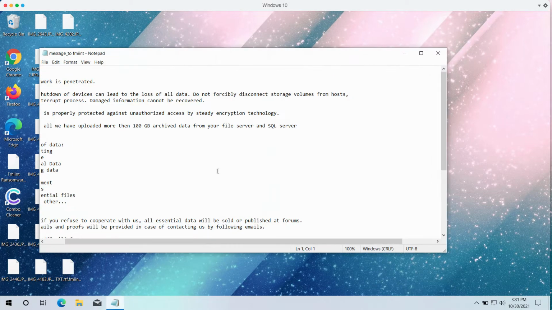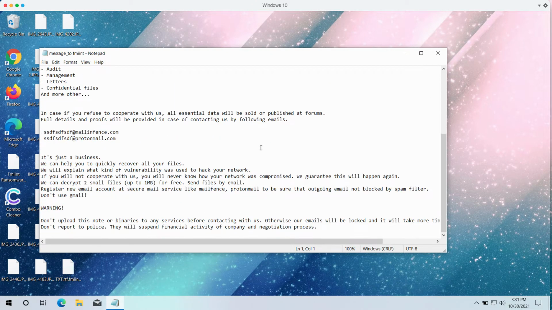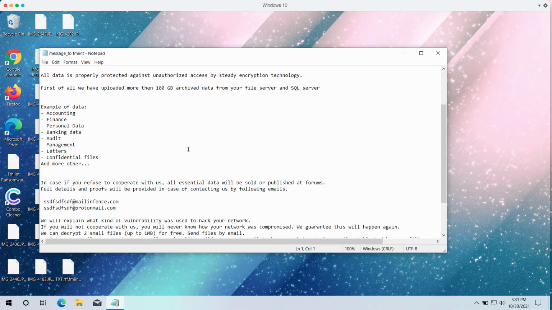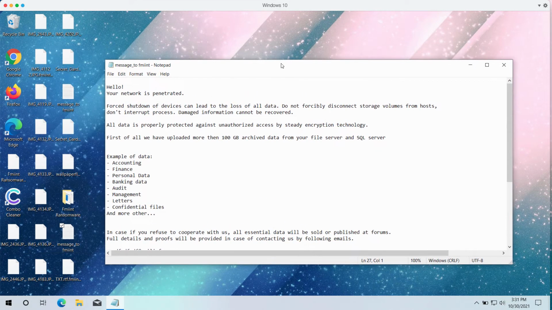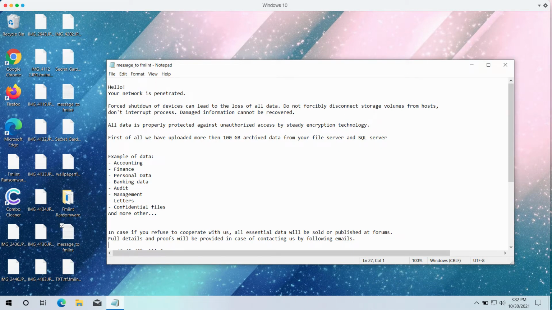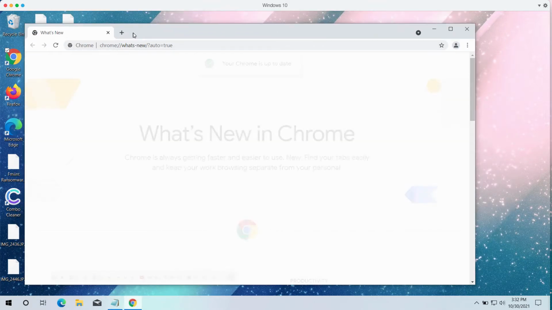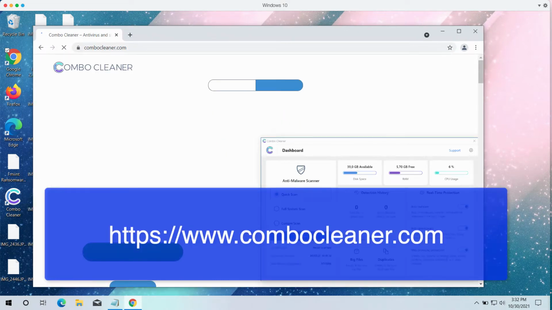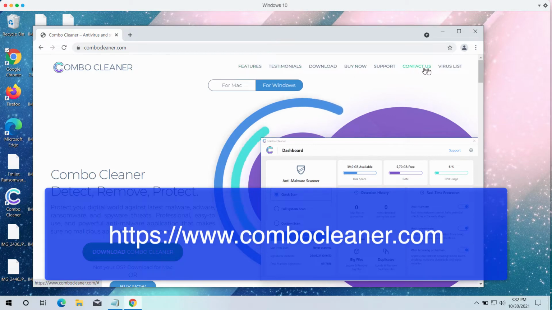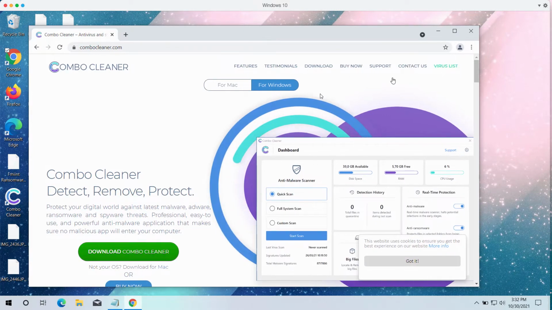So the ransomware tells its victims to pay the special ransom for the file restoration, and it specifies some email addresses here which people need to use for contacting these criminals. But as I have said, paying the ransom does not guarantee that the files would be recovered. We strongly advise that you immediately undertake the measures to remove this ransomware as soon as you can from your system. We suggest that you do that with the help of Combo Cleaner anti-ransomware that you may get on the